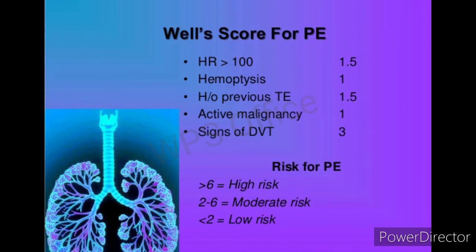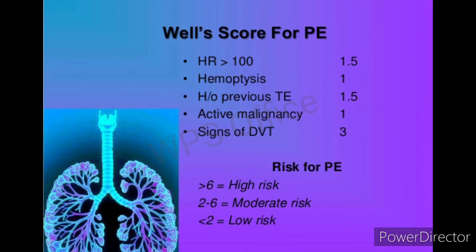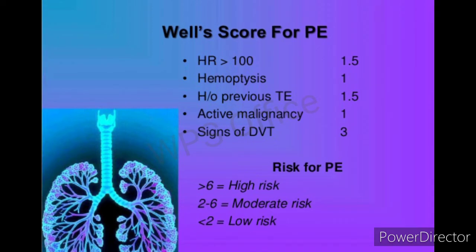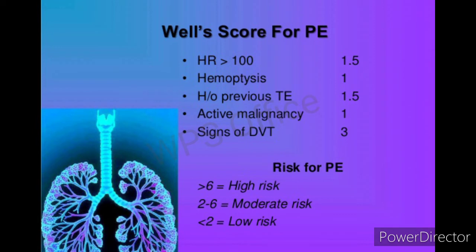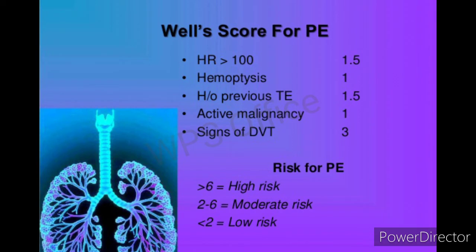So for example, if a patient comes to the hospital, and when we take history, the person has hemoptysis, has cancer, and also has deep vein thrombosis, then what will be the score? For hemoptysis, the score is 1. Cancer means active malignancy is there, so the score is 1. The person also has deep vein thrombosis, so the score given will be 3. So the risk score for that person will be 5. That means from 2 to 6, it is a moderate risk. Okay,